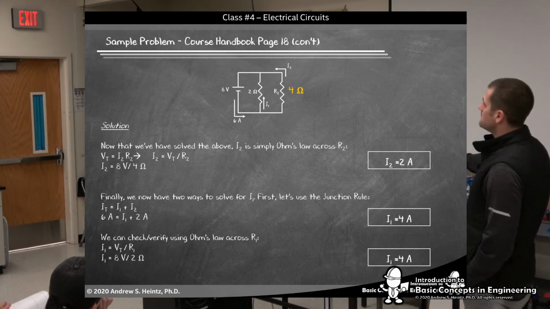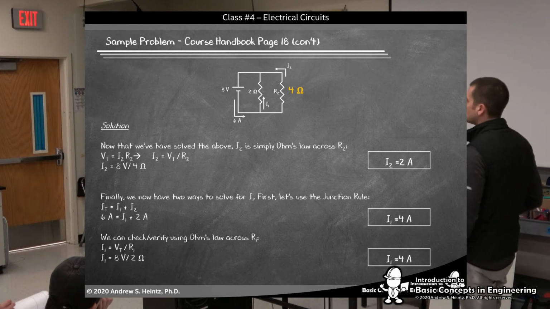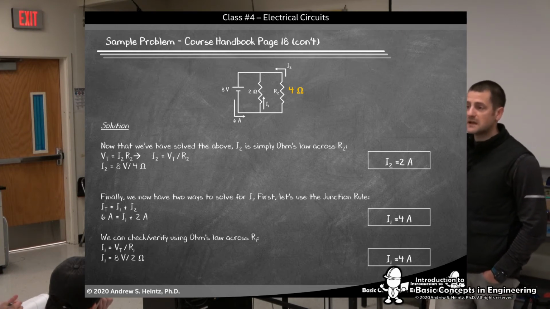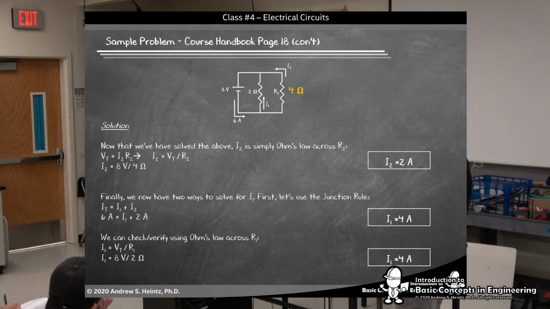So we get 2 amps there. And now we have 2 ways to solve for I1. We could just add the currents together because we have 6 coming in, and we know that this is 2, so what does this have to be? By the rule that the universe won't explode, what's 6 minus 2? 4, right? Otherwise the universe blows up,